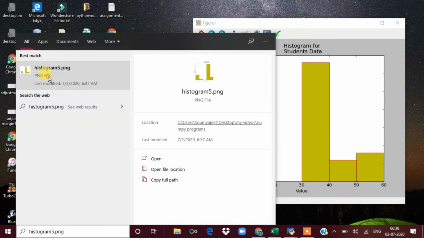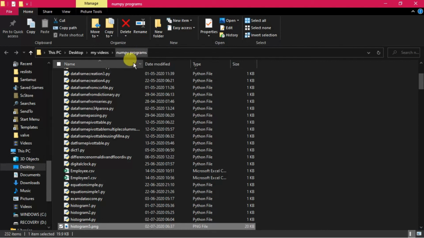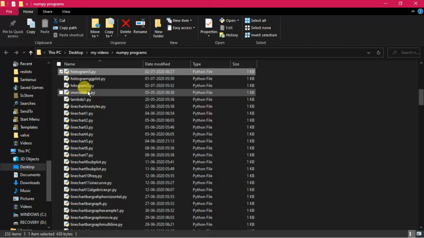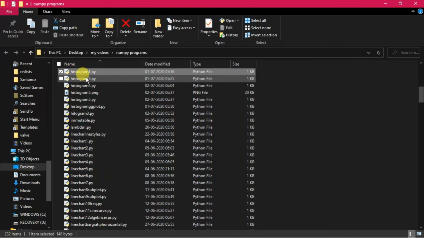Then right click on it and open file location. Okay, you will see my working directory is numpy programs, you can see here. And here if you type h, it will take you to histogram5.png. It is there.